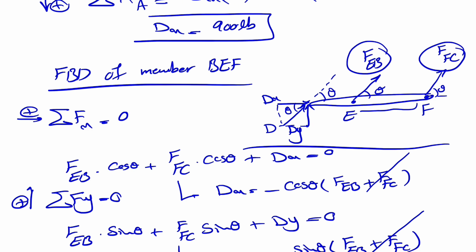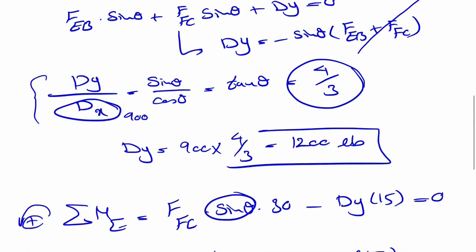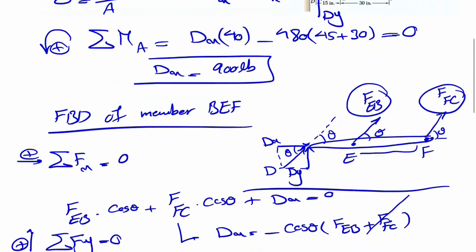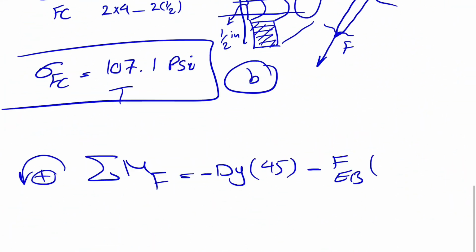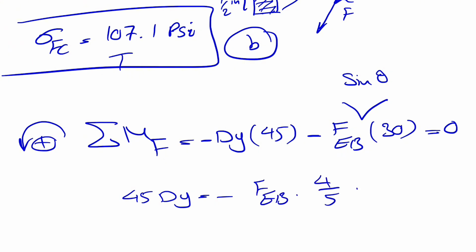So Dy times the length of the, let me clean up here so we can see better. So we have the moment of Dy and the length is 30 plus 45. Since both of them are clockwise, we have a negative sign. Dy times 45 minus FEB, this time times the distance. If we look at it, we have the distance from E to F, which is 30, and I missed the sine part of the force, so sine of theta, which is again 4 over 5, equal to 0. And in here, 45 Dy would be minus FEB times 4/5 times 30, and we know our Dy is 1200,